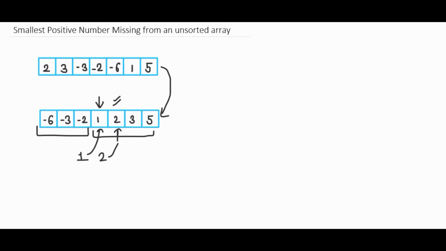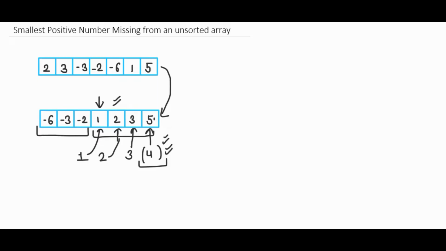It is 2, so then we will move to the next element and see if this element is 3 or not. Yes, it is 3. So now we have to see at the last element if it is 4 or not. No, it is not 4. So our answer will be 4 because it is the first missing positive element in this array.